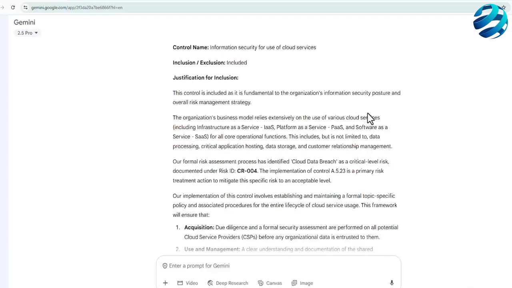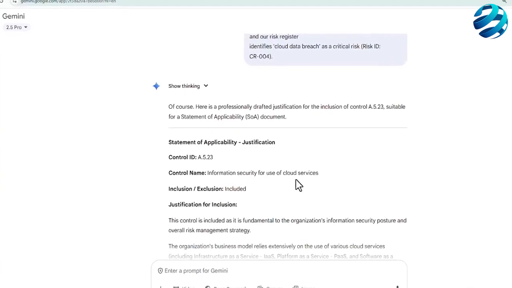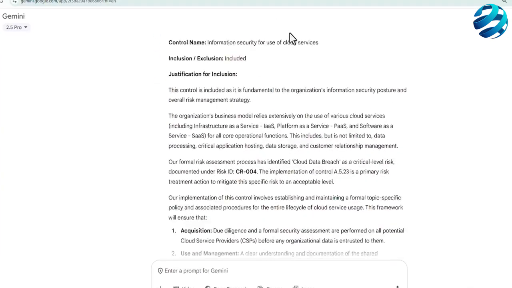It might also be required if you want to present the certificate to some clients, or maybe even the specific statement of applicability, which could be very important for you to do right, okay? And then you said that in the case of use of cloud services, you need this